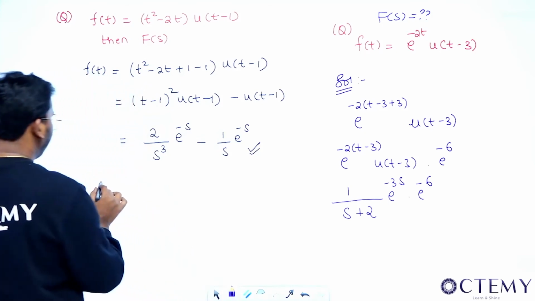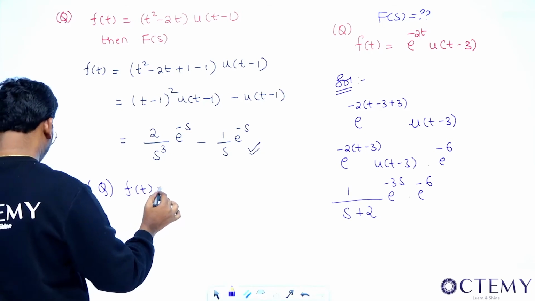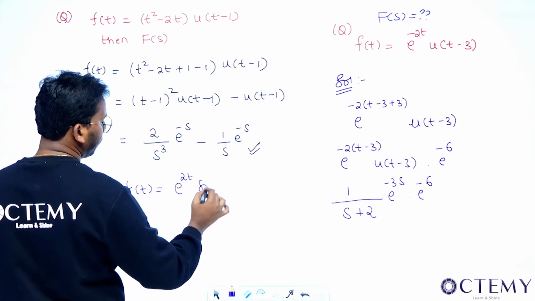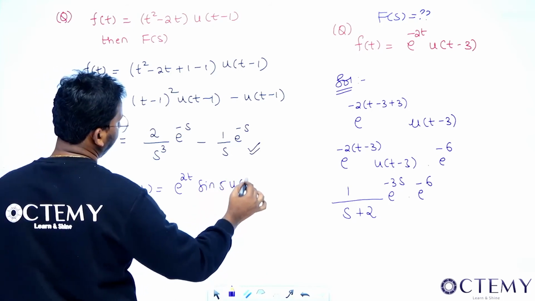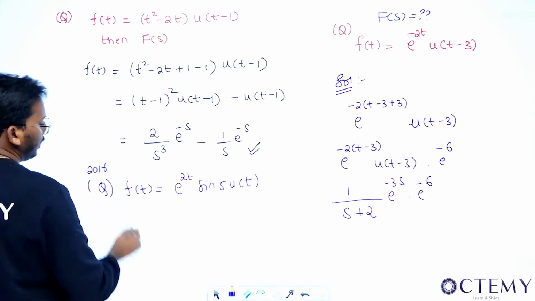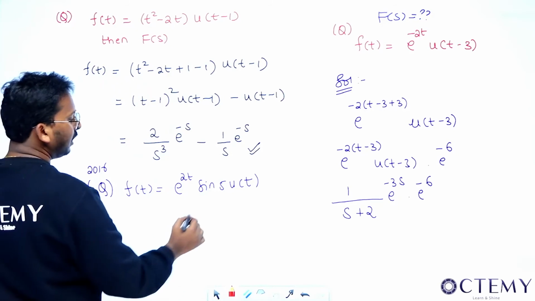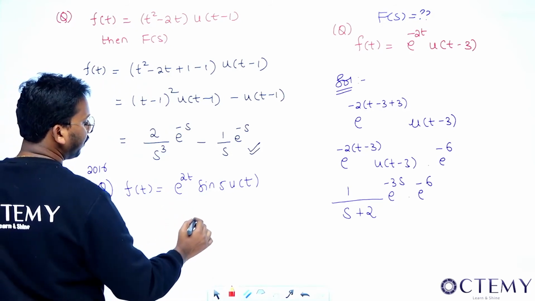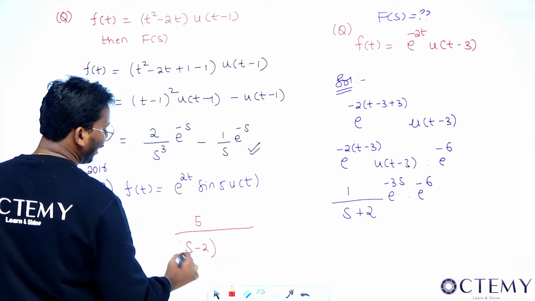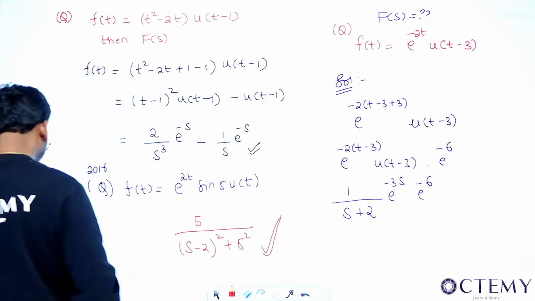Let me write that particular question here. It is telling that if your f(t) is equal to e^(2t) u(t), e^(2t) u(t) sin 5t u(t). We have done this, sir. This is the previous year question. It was asked in 2016 for 1 mark. That's why I am doing this. Very simple question this is. We can directly write this, sir. Sin is there, so you will get it as 5 divided by (s minus 2) square plus 5 square. This should be the answer, isn't it?